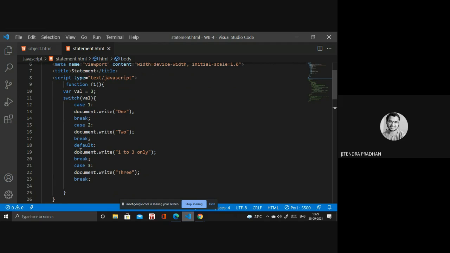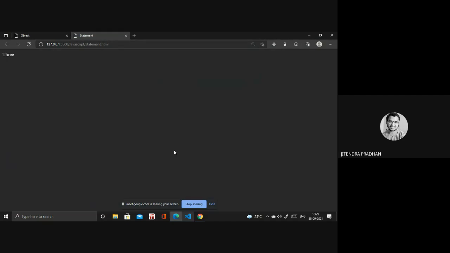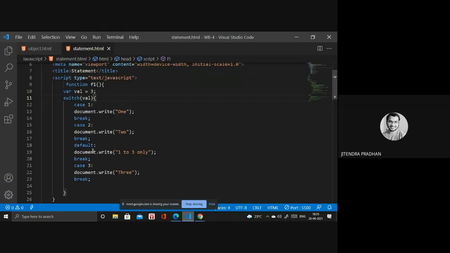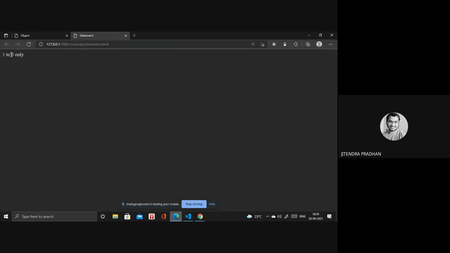And you observe that I will not write the default in the last part. I will write the default in the first one. Have you observed that? So it does not matter where you write the default. Okay, so first, we write the variable. It's my expression, so I will add the switch with the variable inside the expression. If I write four, let's check whether that case is available or not. One case, two case, three cases are available, but four is not available. So it will print one, two, three only. If you observe, one, two, three only is printing.